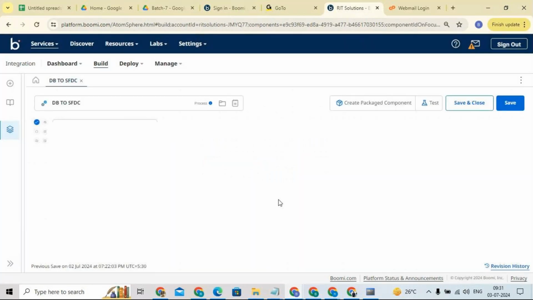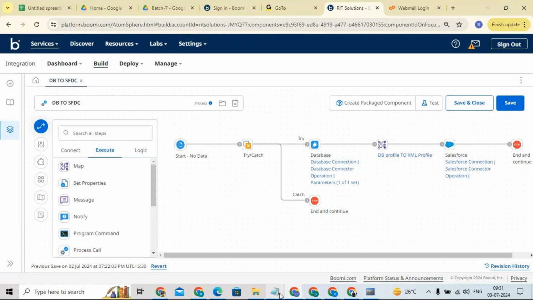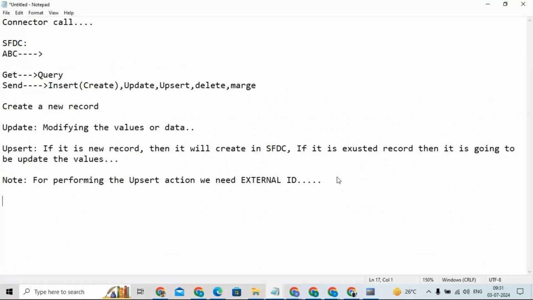Yesterday we were discussing, I told you, right? So the requirement is, for example, let's say I have two sources, one is the database, another is disk. Some fields are coming from the database and some fields are coming from the disk. I want to combine these two sets of data and send it into Salesforce. This is my target system. From the database I am getting the database profile, and from disk I am getting